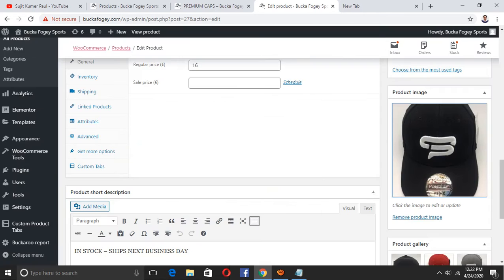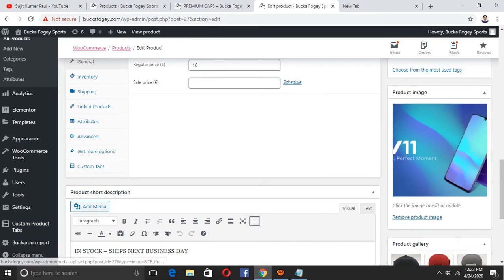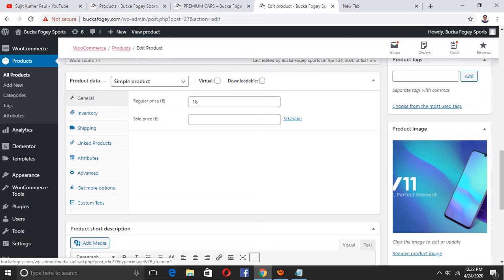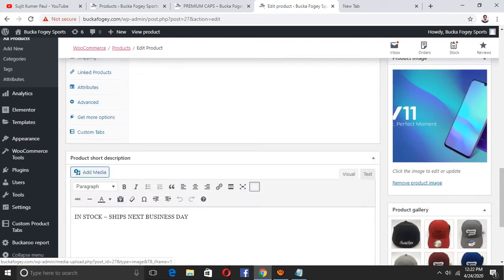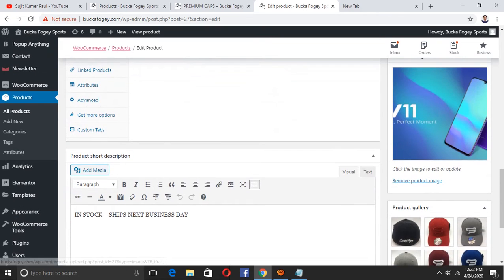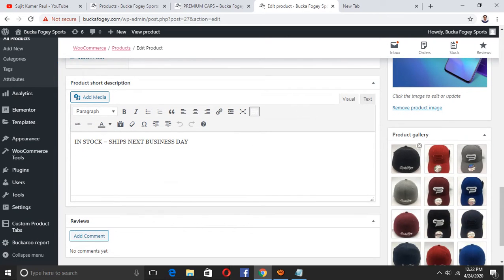Then you can set it, you can see here. But I cannot update now because I am just making a tutorial on how to change things. And here there is only one product, because I think this is a better way. You can put your image here, like the caps front side, and here, if you have any other item or color, you can put it here.